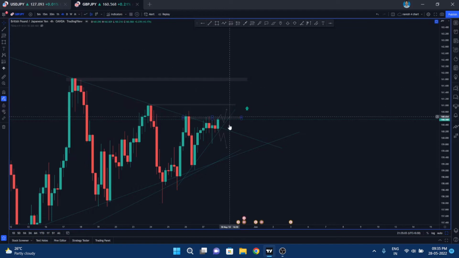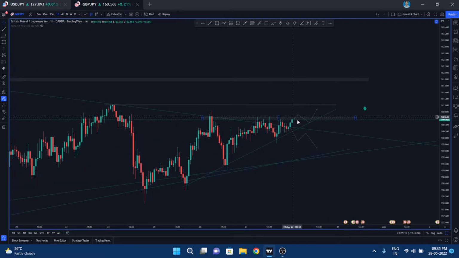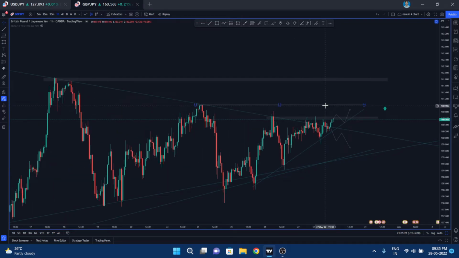So I would wait for confirmation: if Monday morning it opens up and closes super bullish in this zone above, you can wait for the pullback to this level again in the 1 hour time frame. This is a 1 hour time frame trade. If it breaks above here, wait for the retracement back to this trend line, and you can look for long entries.